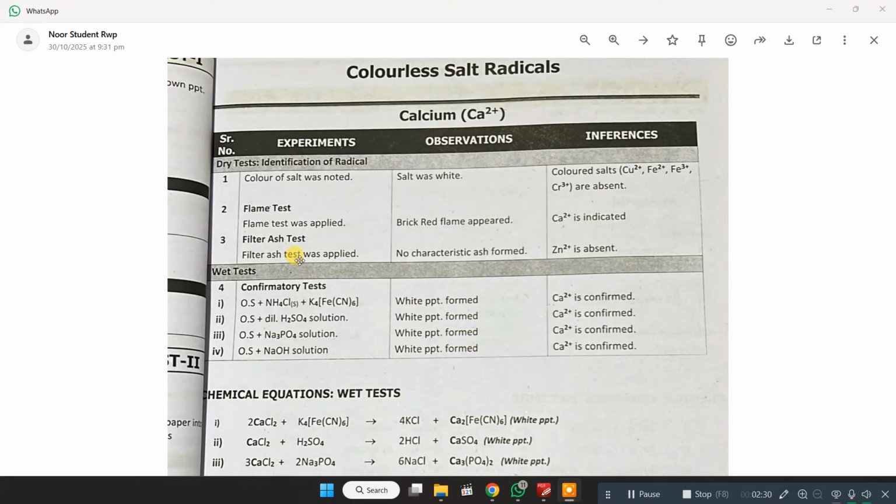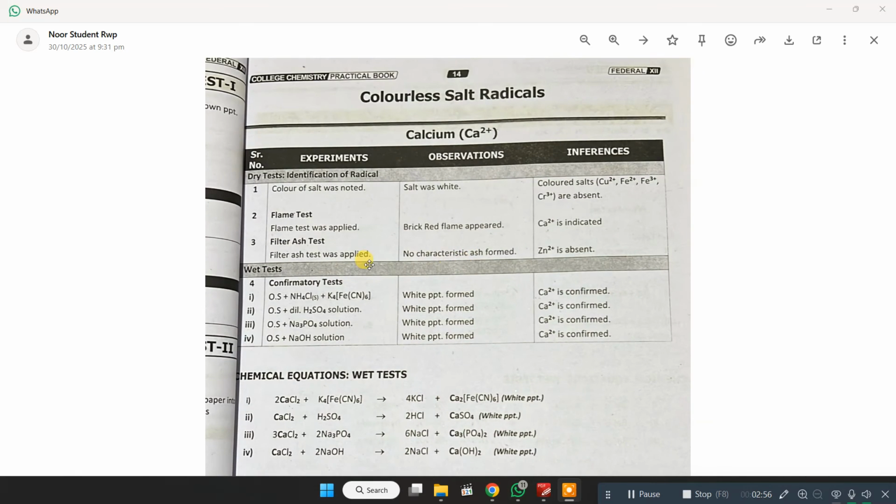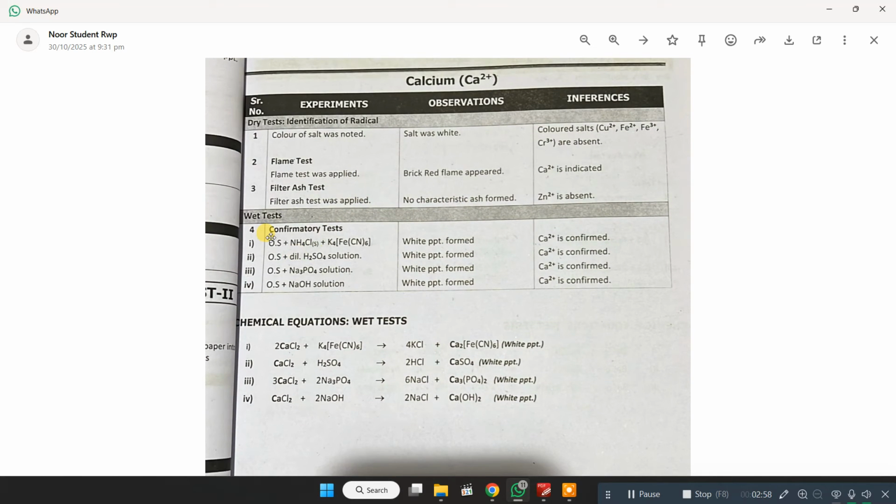Then the third test is the filter ash test. In the filter ash test, no color of the ash was found. It means zinc+2 ion is also absent, because the color of the ash is produced only by the zinc+2 ions. So it means that zinc is also absent right here. And the brick red flame that appeared in the flame test is indicating that calcium+2 ions are present. Okay, now there comes the turn of the wet test, where for the confirmatory test we have to